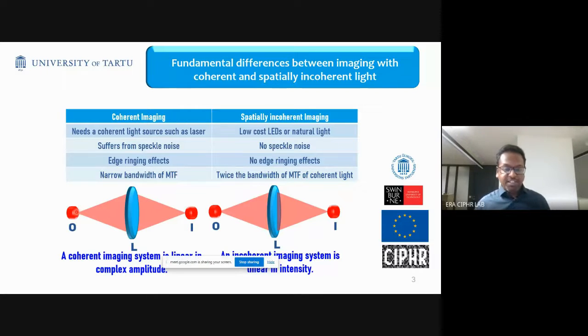So in order to explain this, I would like to show you a video. This video is definitely not a scientific video, but I promise you that once you see this video, I don't think you will forget the difference between coherent and incoherent light. At University of Tartu, we focus on teaching science in a very fun way. So I hope you will enjoy this video. And for conventional speakers and listeners, please excuse me.